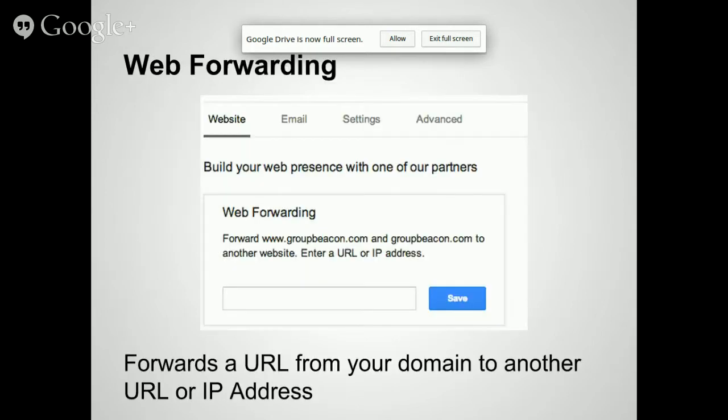So it's very simple to do. I've actually already done it once, and we'll probably end up doing it again today. There's like a 5-step wizard. You type in the URL you want to register. It could be one you already have, or it could be one that you don't have that's available.